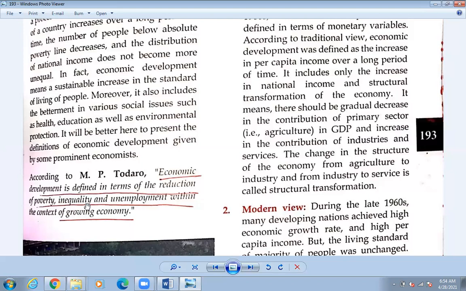Okay, so on employment, that means the unemployment problem, so the system of getting jobs through connections, that also must be removed, within the context of a growing economy. Okay, so if everything is removed, then that is called economic